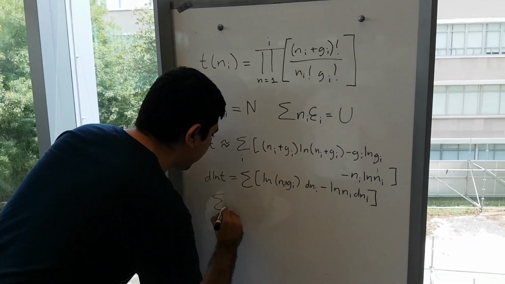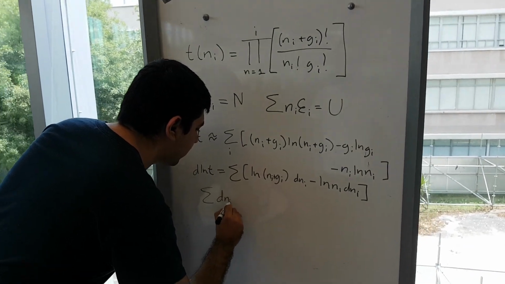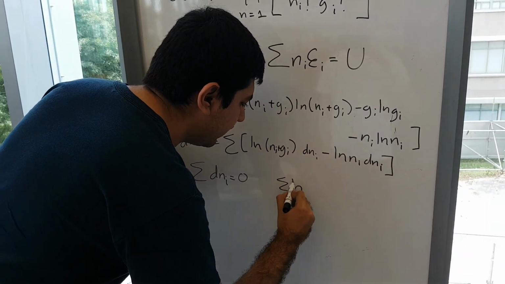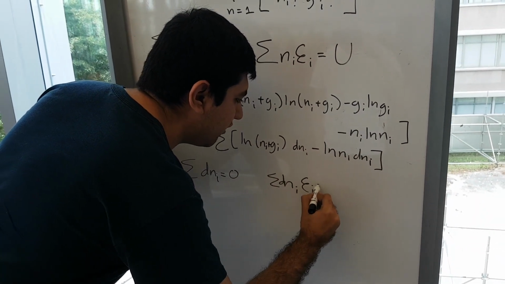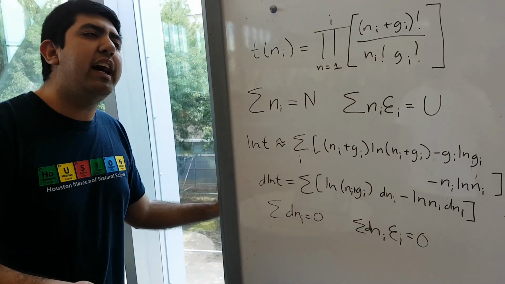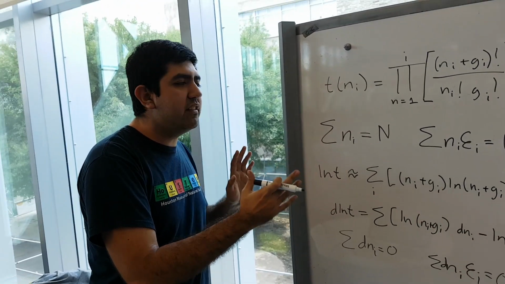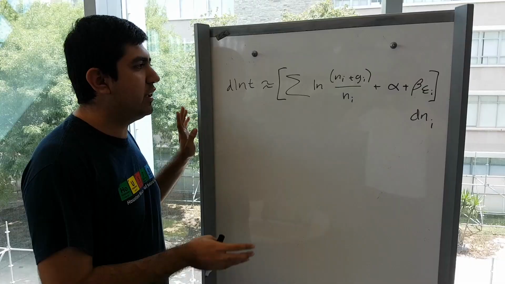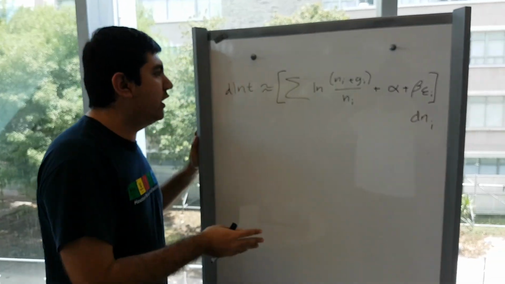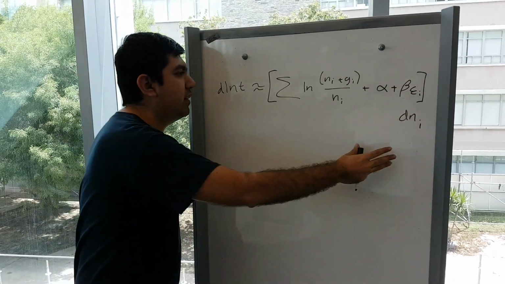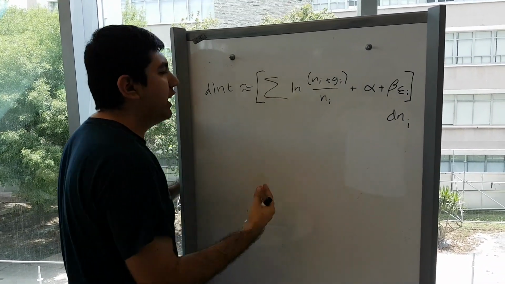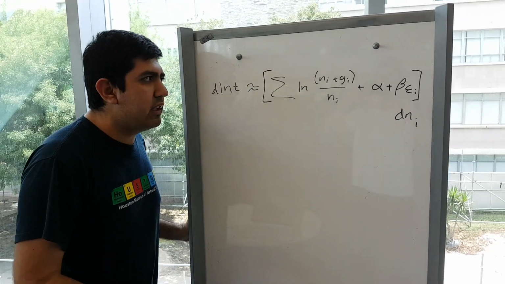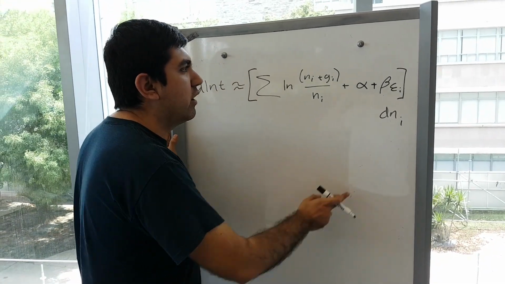This gives us two very powerful tools: that the change of the atoms must be equal to 0, and that the change of the energies, in this case, must also be equal to 0. And this is going to condense everything inside the formula into something very small, which gets down to this formula. Now, as you can see, this side and this side are differentials. That means that we can make an integration over them and figure out exactly what values we need. So you might have a question over what alpha and beta are.